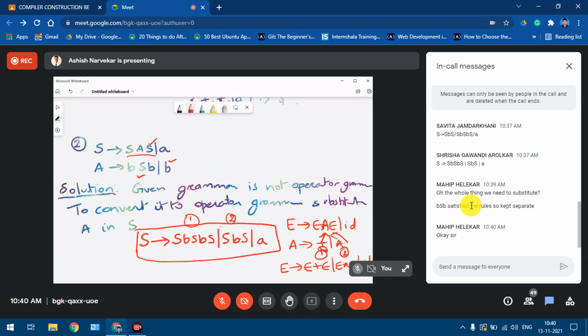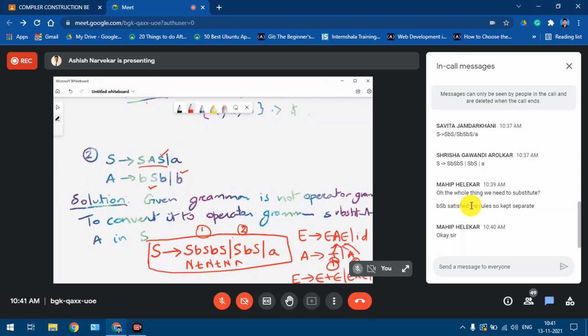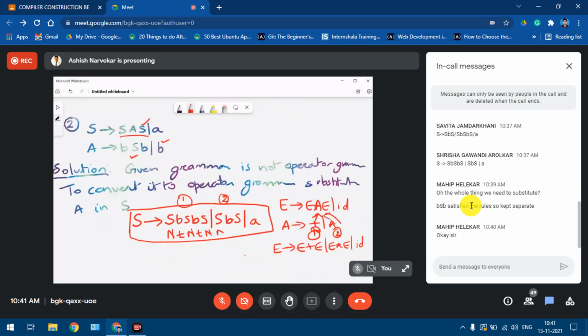Why? Because we have a non-terminal followed by a terminal and then a non-terminal. Again here also we have a terminal followed by a non-terminal. Same thing here. So we don't have two adjacent non-terminals in this particular grammar, so that's why it is an operator grammar.